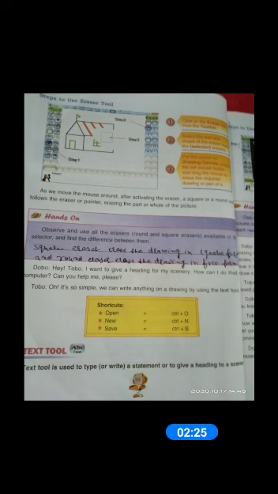And for saving a drawing, you can use Control plus S.